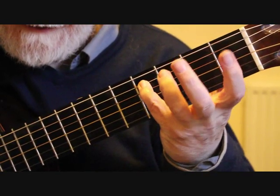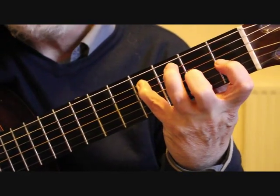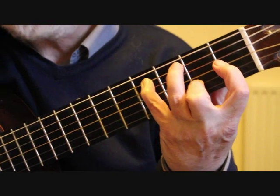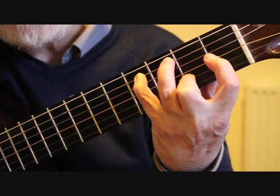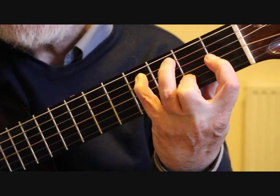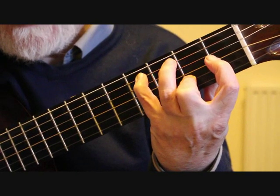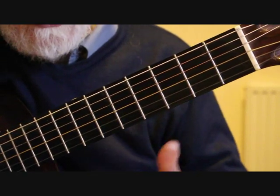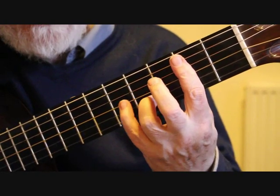and then hold that little finger down because the bass note's got to sustain for 3 beats, and then put the 1st finger on the 1st fret 3rd string and the 2nd finger on the 2nd fret of the 2nd string. So that gives us, for the 2nd beat now, open 1st string, 3rd string, 2nd string, open 1st, 3rd, 2nd, and then on the last beat of bar 60 we're playing the 5th string again, 3rd string and 2nd string. So bar 59 through to the end of bar 60 is